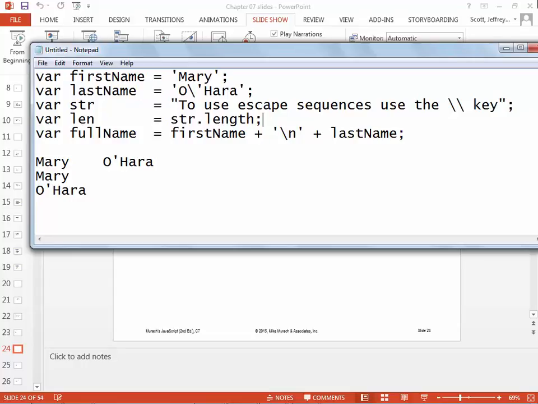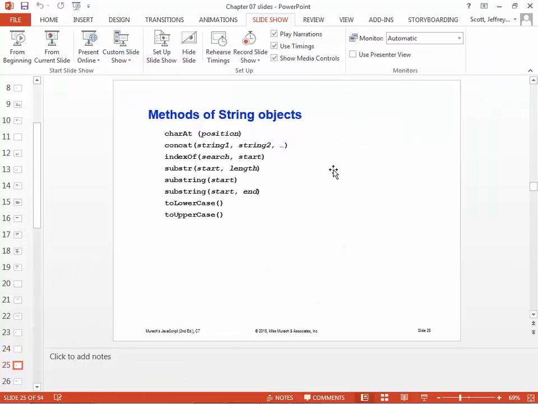There are several other string functions, and this is just a partial list. charAt, which returns a specified position. The reason that can be important is, let's assume I put a program in a loop and I say enter Y if you want to play the game again, maybe that pig game or something else. But what if the person puts in yes? That's not a Y. So I can, if I want to, search just the first character by using